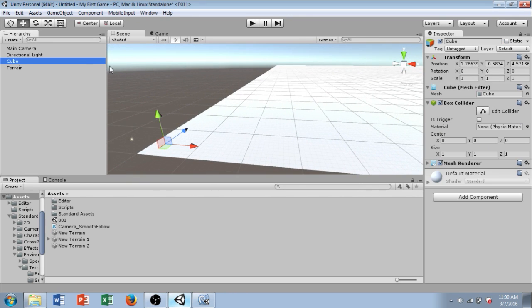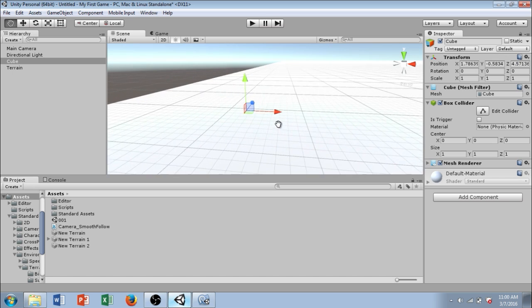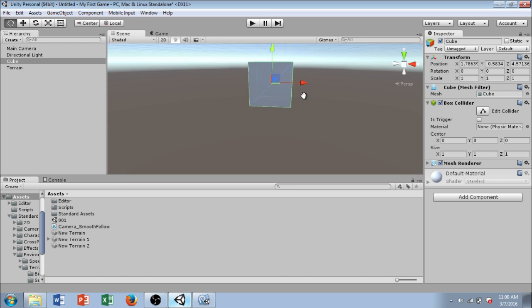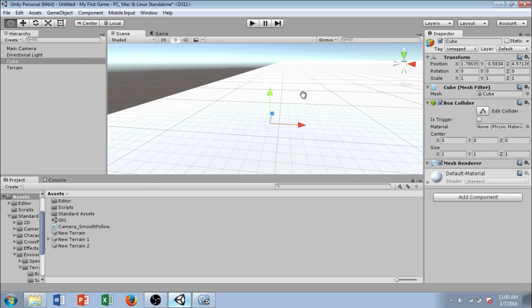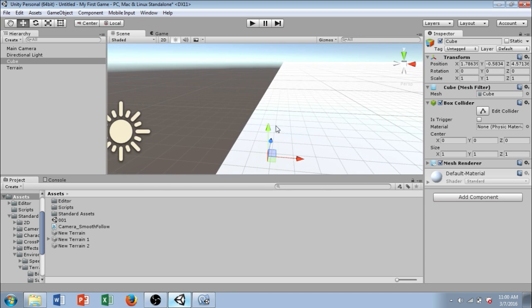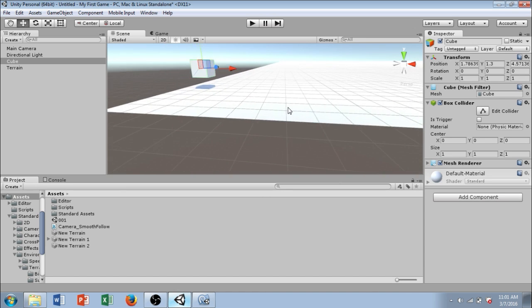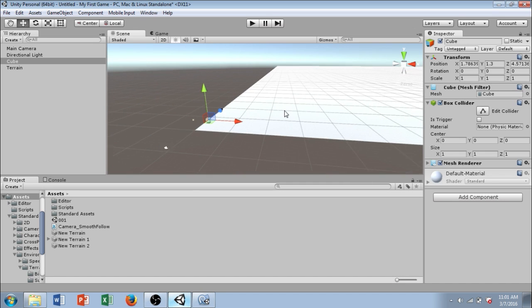Now, I'm not quite sure where the cube is, so what I'm going to do is make sure that my mouse is over the scene workspace here, and hit F. Okay, so the cube looks like, oh, it might even be under the terrain here. Let's go ahead and pull that right up there. So the cube is above the terrain,